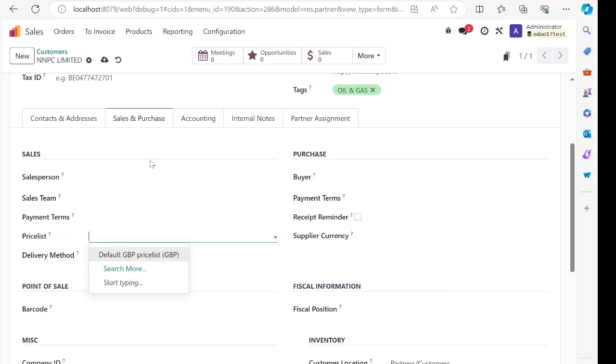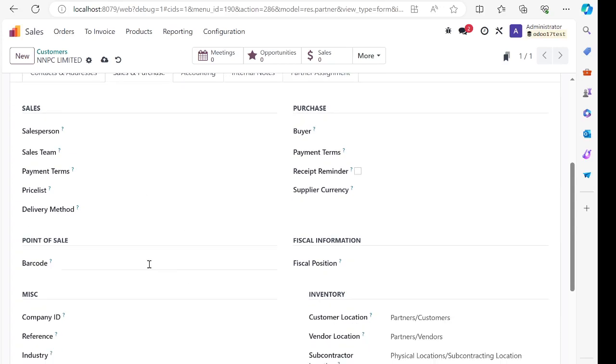Right now we have just one price list, and you can have multiple price lists. For example, if this customer is a dollar customer, a foreign customer, and you want every time you create a quotation, it will be in dollars, then you have to have a dollar price list configured for you. Now there are different delivery methods for you to be able to deliver to them, and then you